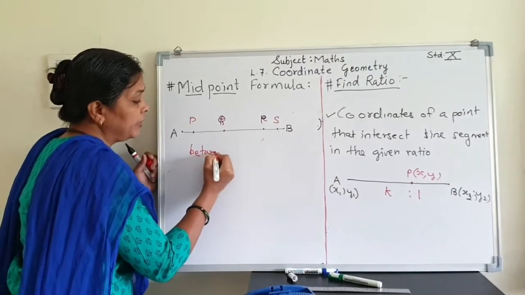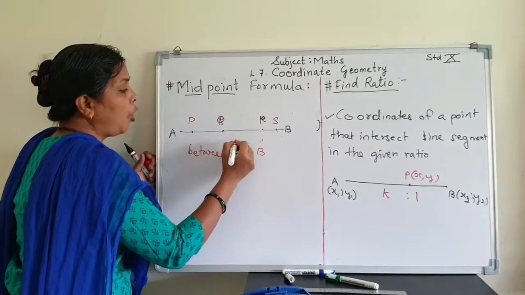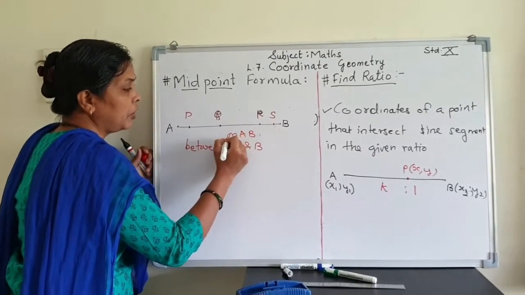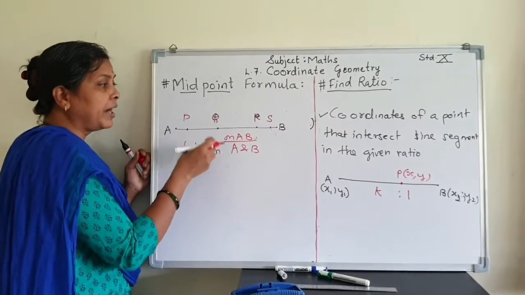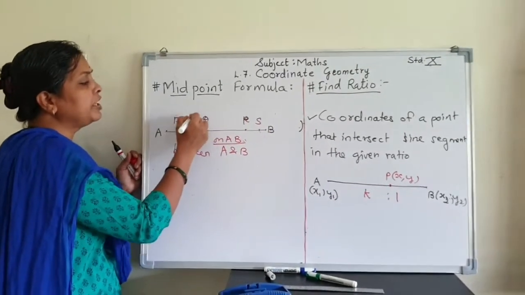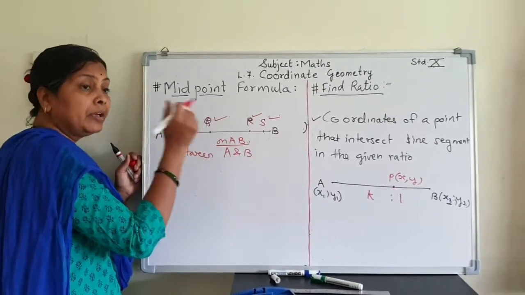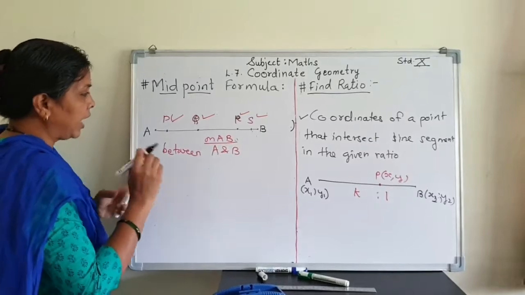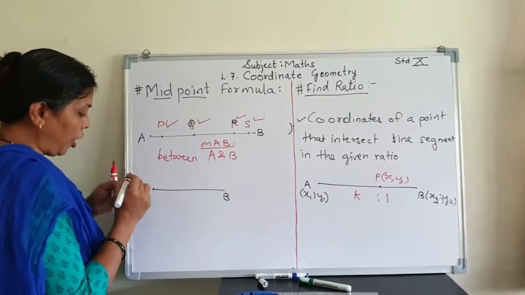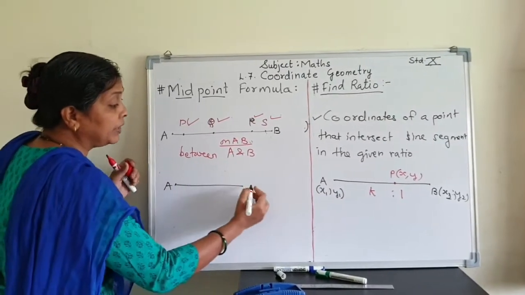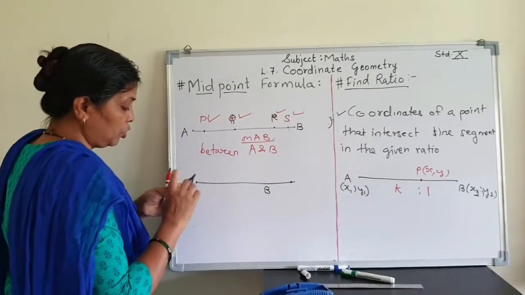They are between A and B and on AB. First of all, they are on line AB and between A and B. So in this grade you learn how to find the coordinates of points that lie on AB and between A and B. Now there could be one more condition: the line segment AB is given and a point is lying on AB, but it could be somewhere here. So if you extend this AB, here you get the point